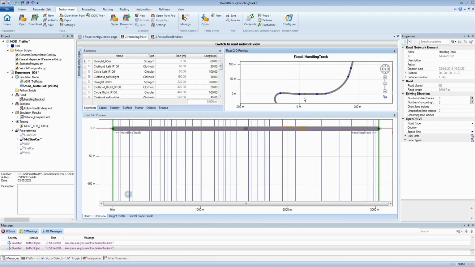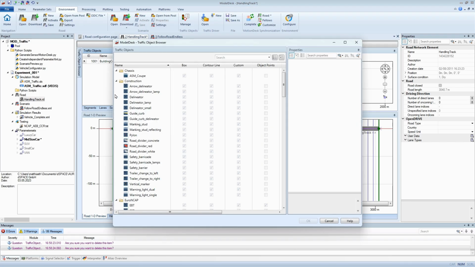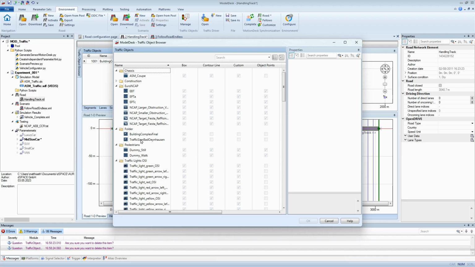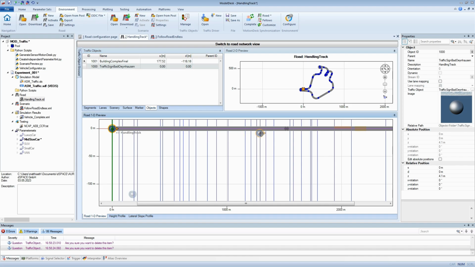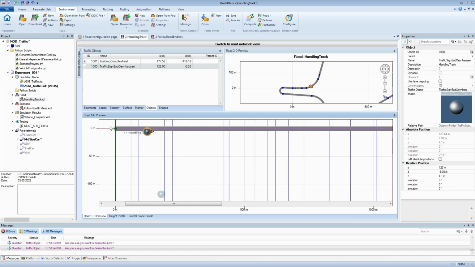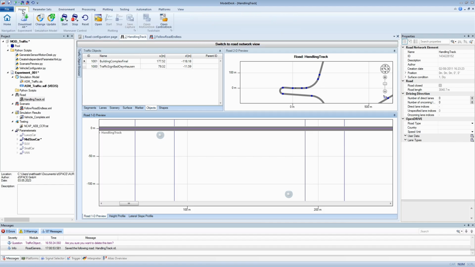So let me zoom in a little bit here. And then under Objects, I can right click and then New. And here I go to the traffic objects that I just created. Let's use the traffic sign. Now I can drag and drop this here. This is a little bit far. Somewhere here in the beginning. Yeah, just like that. You can also see I can set the rotation. So let's put it minus 90 degrees. And also the height, let's put it to 2 meters.